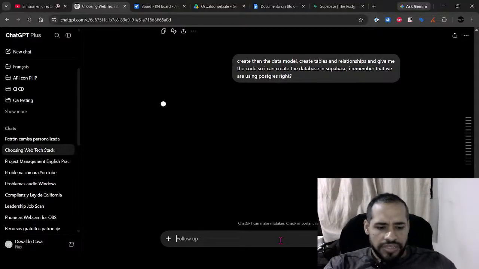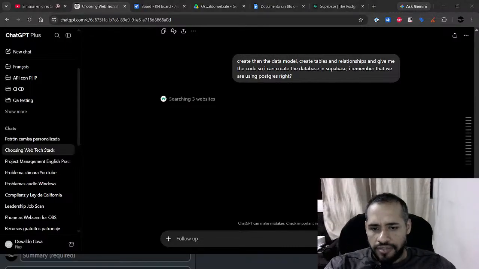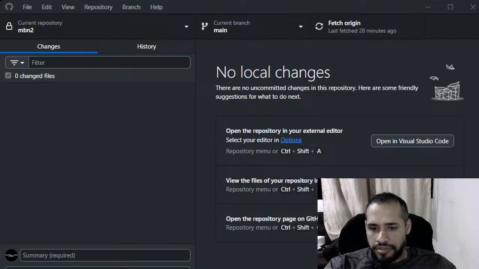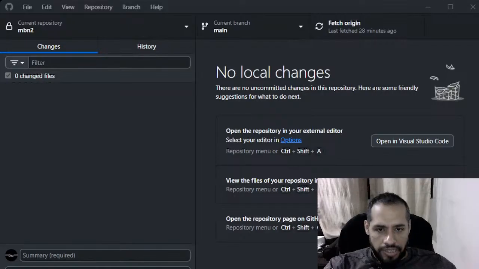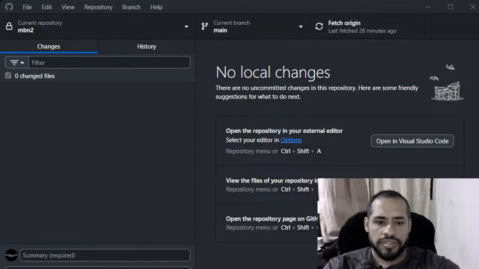I can even show you my GitHub. Let me see if I can share it with you. Yeah, that's my GitHub, and I use it, and I know how Git works.